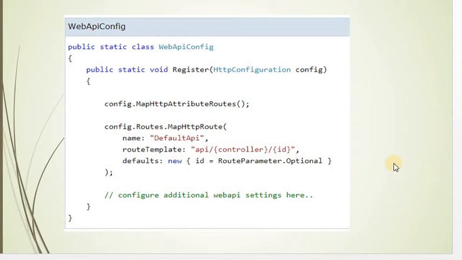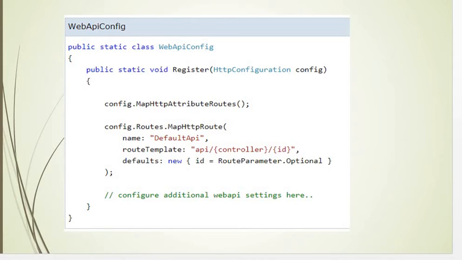When you double click on the WebApiConfig.cs file, you will see this code. In this file, this is the Register method. That method is called by the Global.asax file. From this we can configure our Web API.